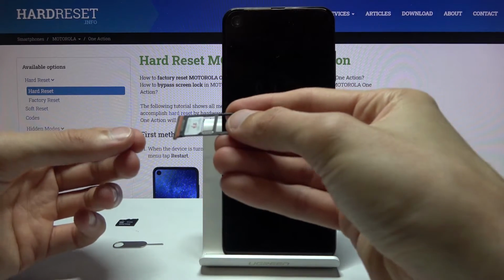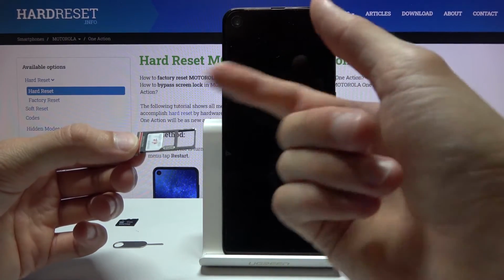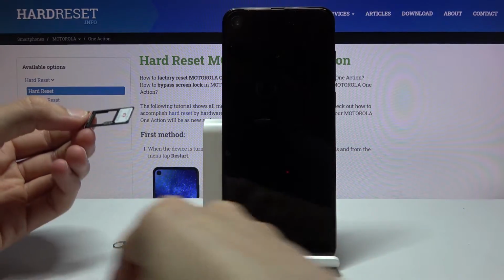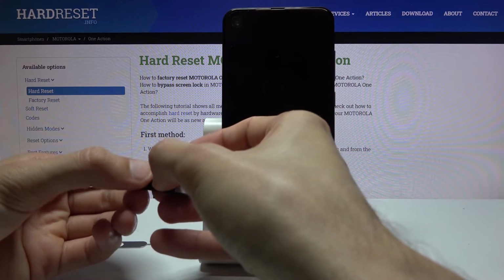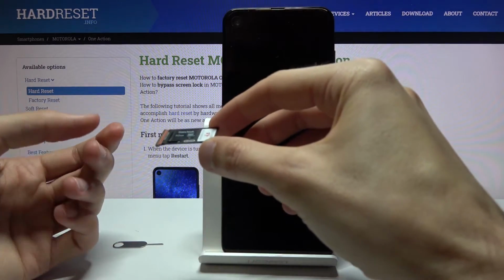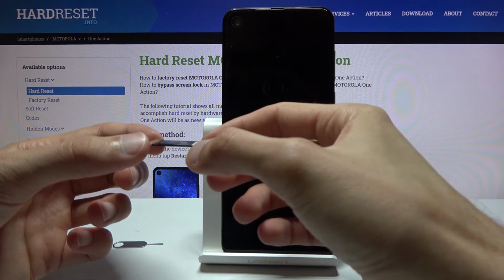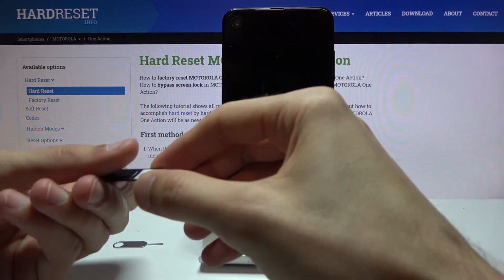Yep, so you can place a SIM card on the SD tray, but I'm gonna use one of each, so let's just move it over here and then pop the SD card on here as well, so like so. As you can see, they're lying flush on here, make sure that they are, and from there simply insert it